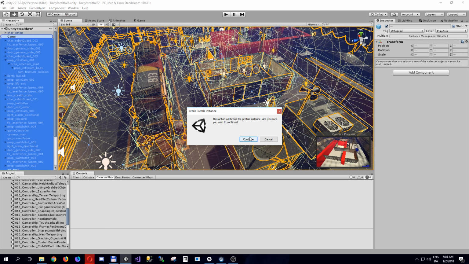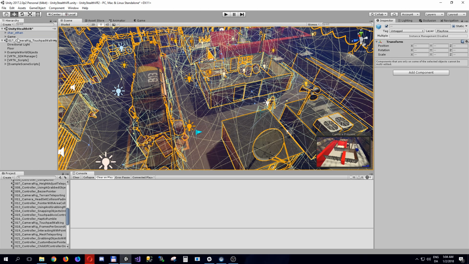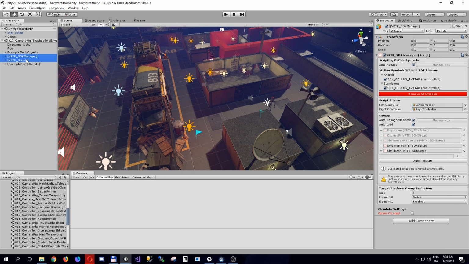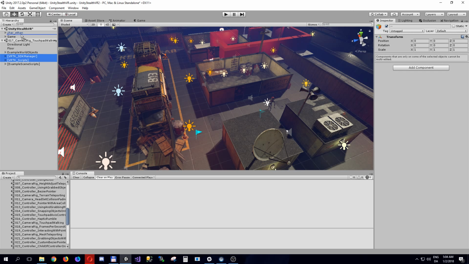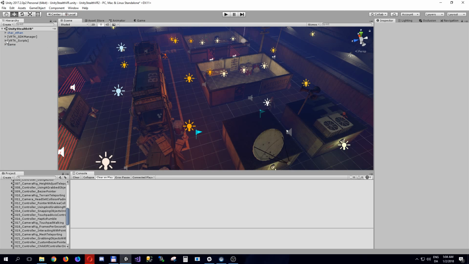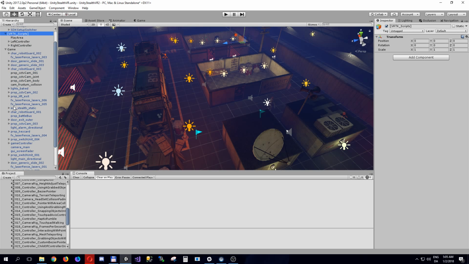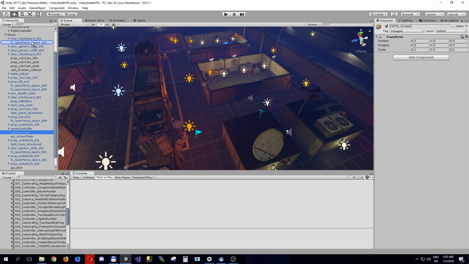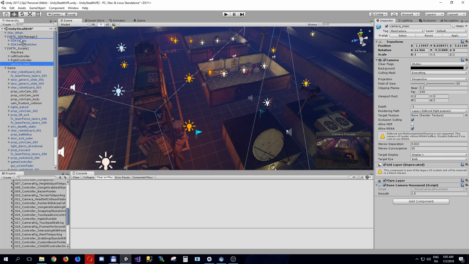Well, I don't think we need the prefab instances anyway. There. And then we'll select these two, the SDK manager and VRTK scripts, and also move this up to this scene. And this is actually all we need from this, so we'll just remove scene and don't save. And since in this video I'll just show how to make this a third-person VR game, we will take the camera from here, the camera main, move it out, and it needs to be in the root,